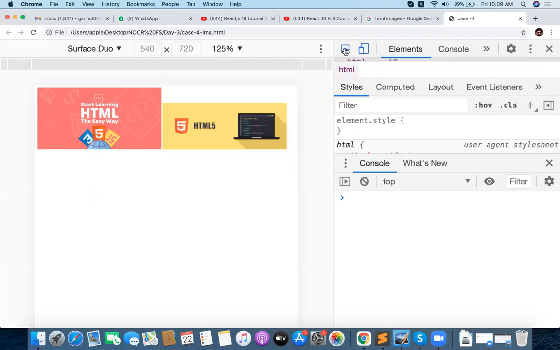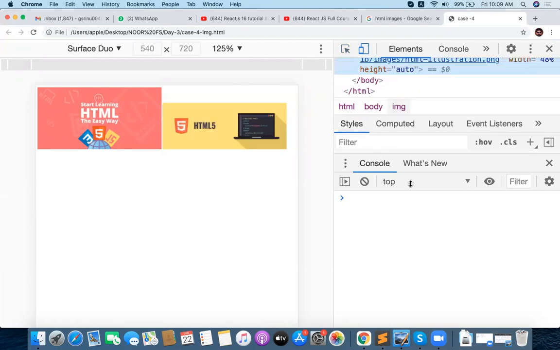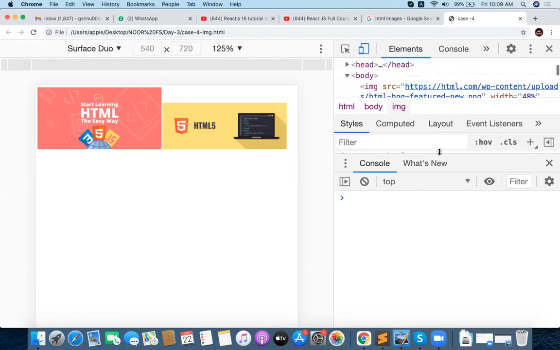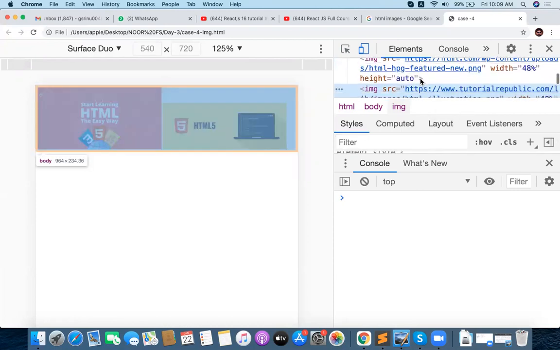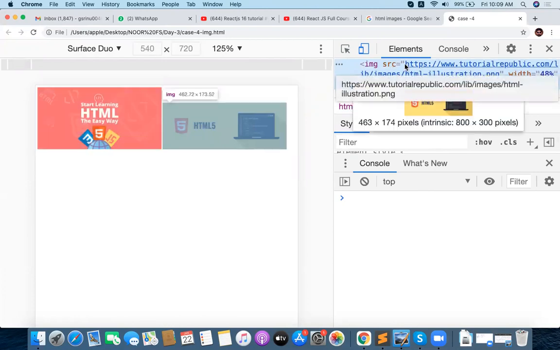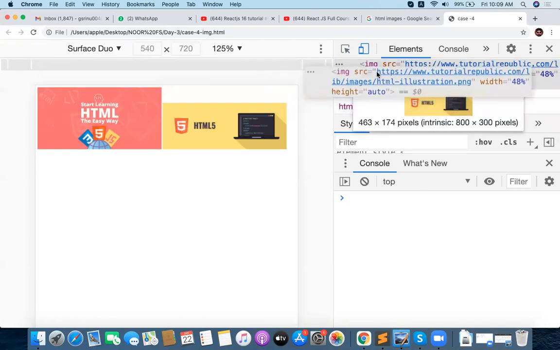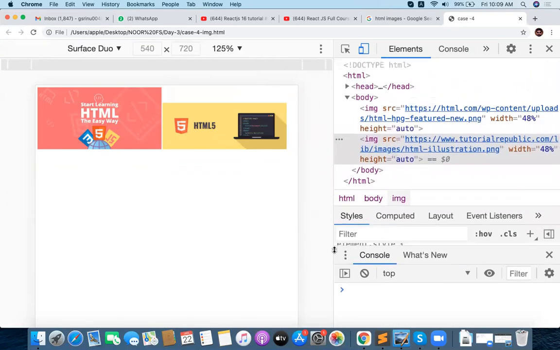Whenever you go to the inspector, you will have some code available here, showing where the image is getting loaded from. You can see where the image is loading, img src, something like this. This is the thing you have to edit, so editing is very important.